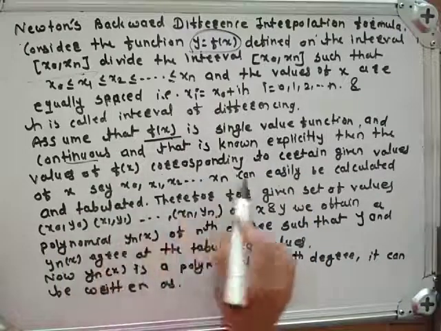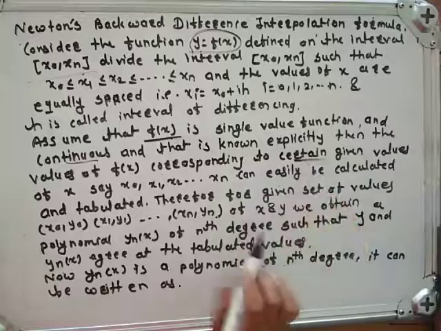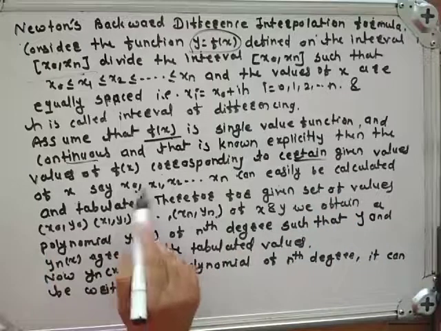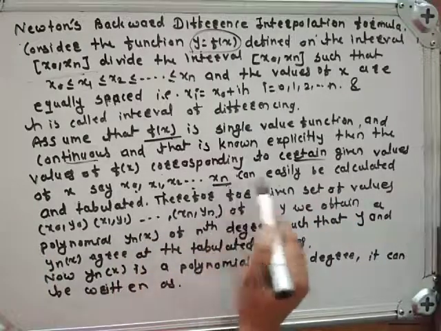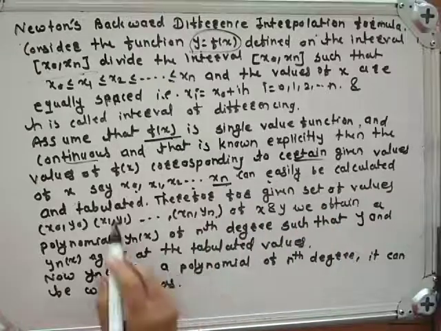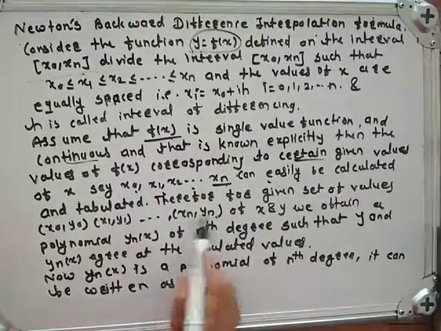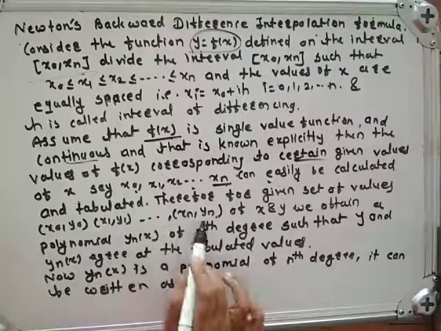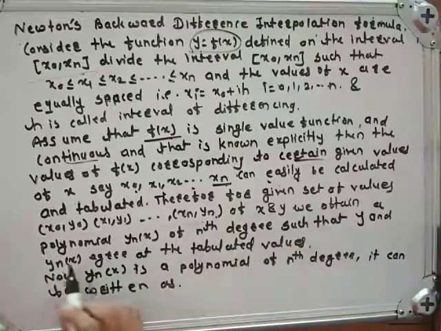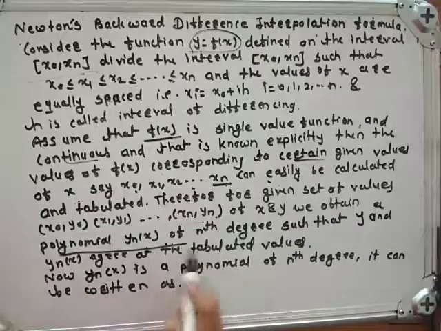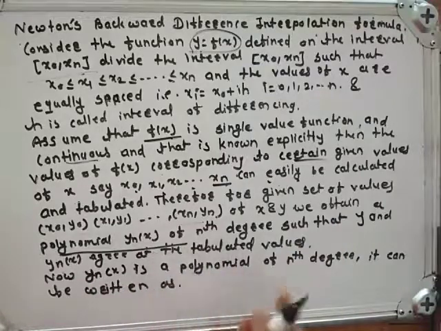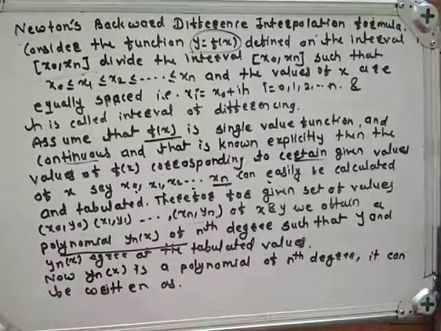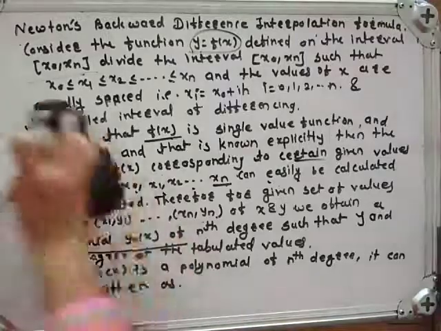Values of f(x) corresponding to certain given values of x, say x0, x1, x2 and so on up to xn, can be easily calculated and tabulated. Therefore, for a given set of values of x and y, we obtain a polynomial yn(x) of nth degree. And that polynomial is nothing but